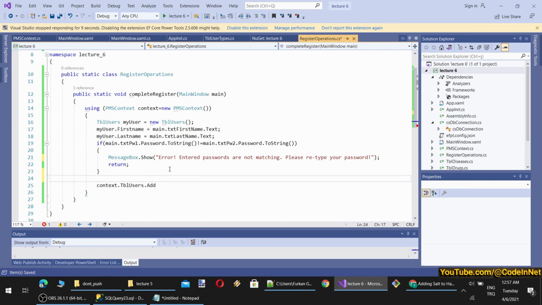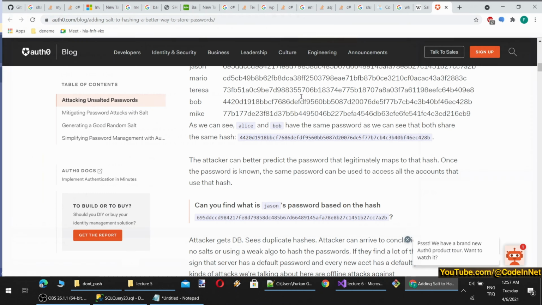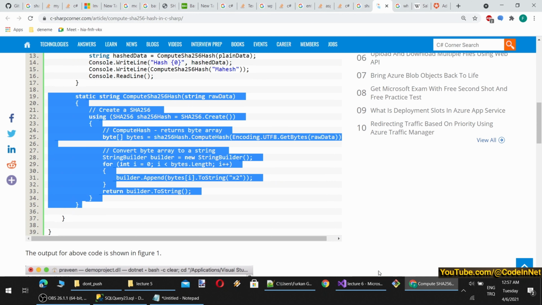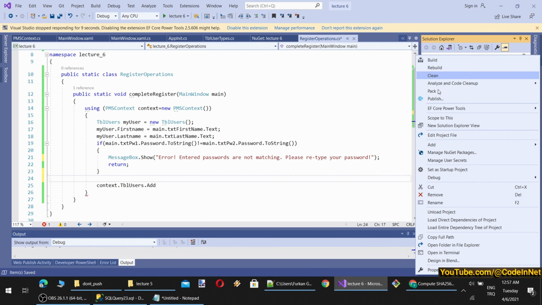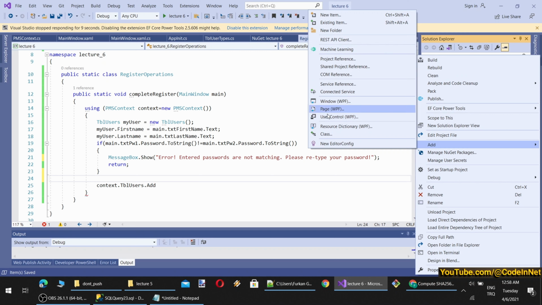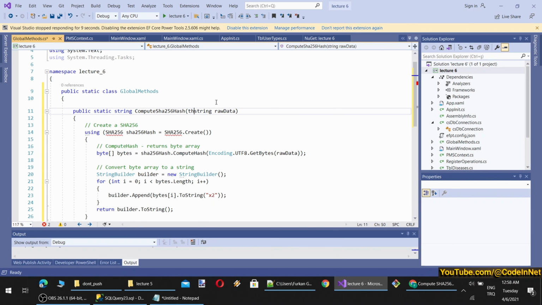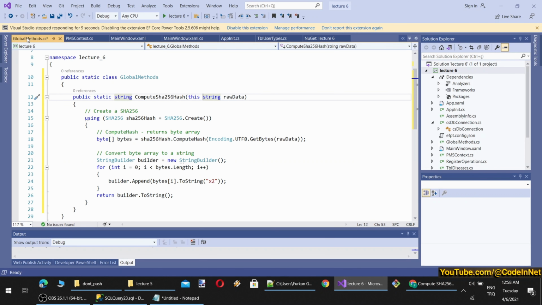Then we are going to compose our salted password. So this is our SHA-256 function. Let's add another class as global methods, public static, and by the way, I will make this an extension. Okay, it is ready. Basically, I will use another thing.